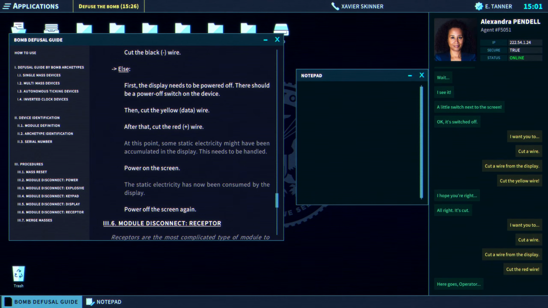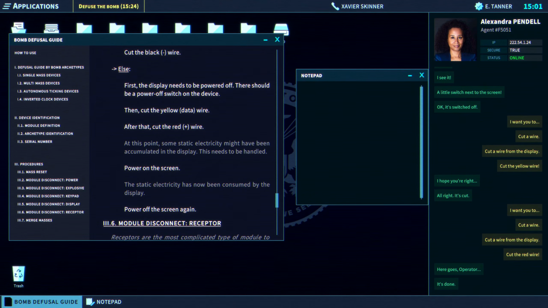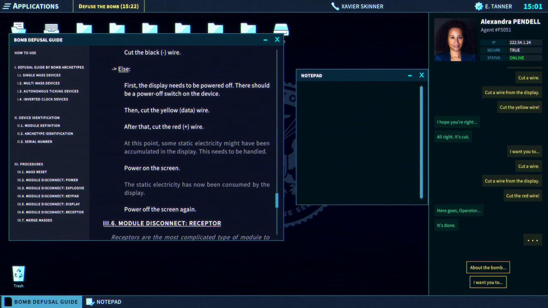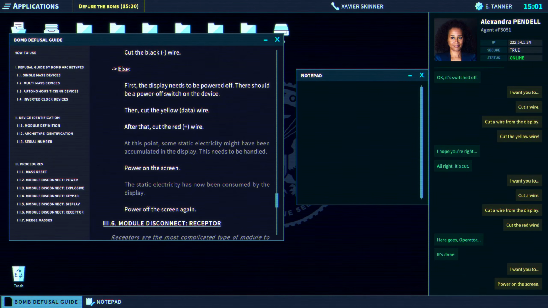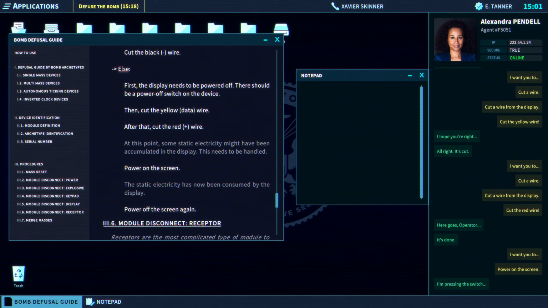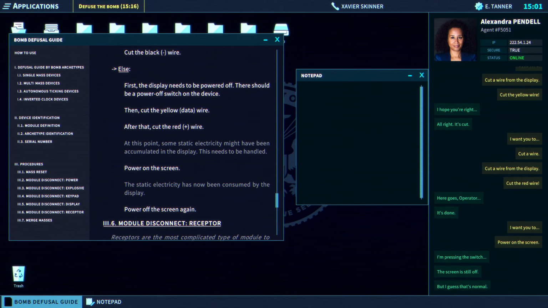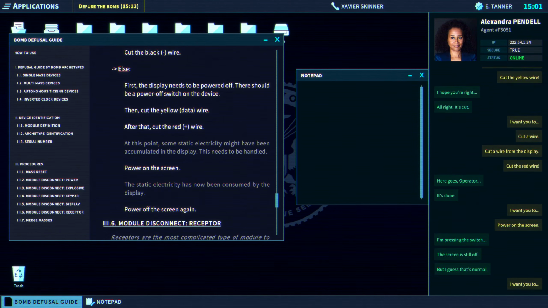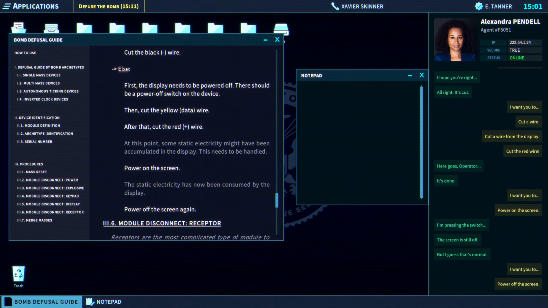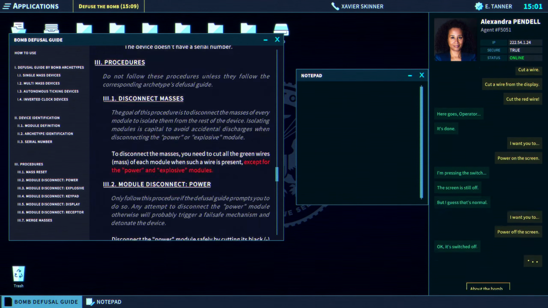Here goes, operator. It's done. I'm pressing the switch. The screen is still off, but I guess that's normal. Okay, it's switched off.